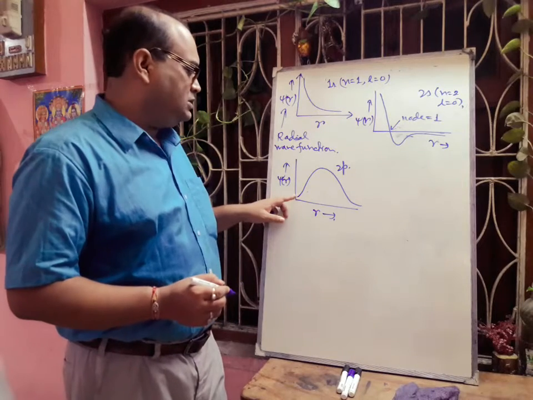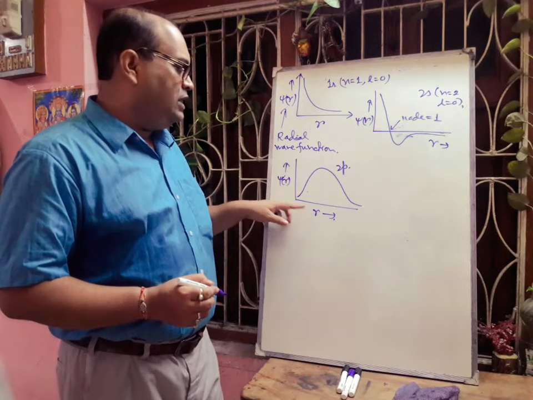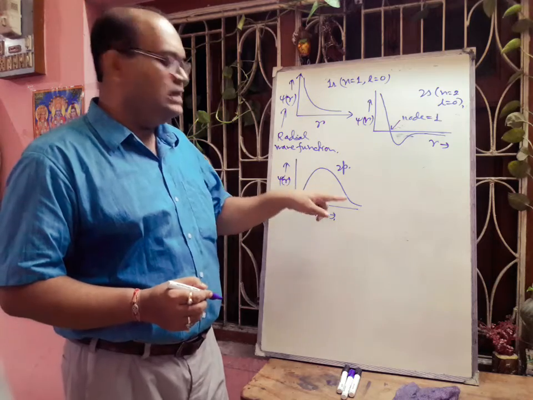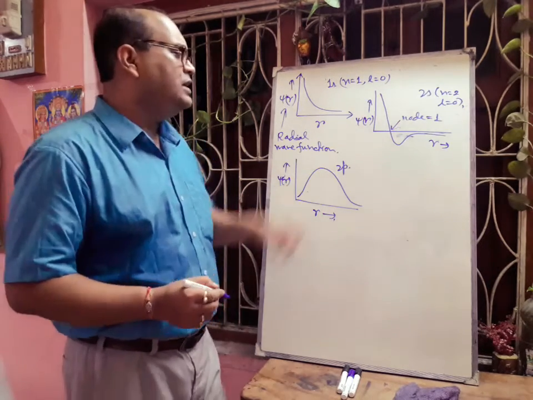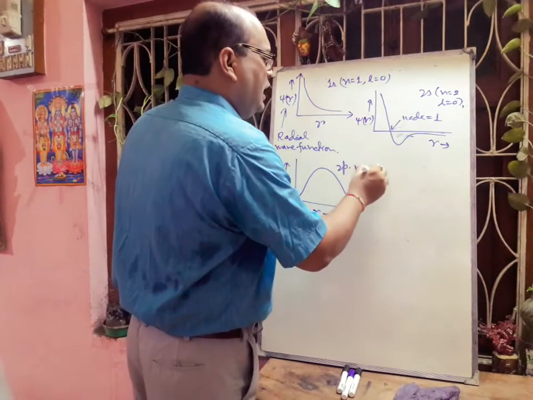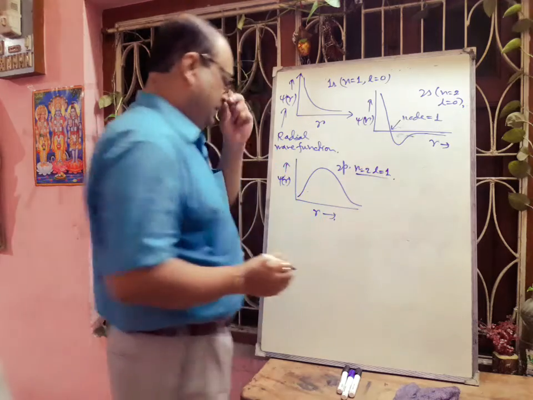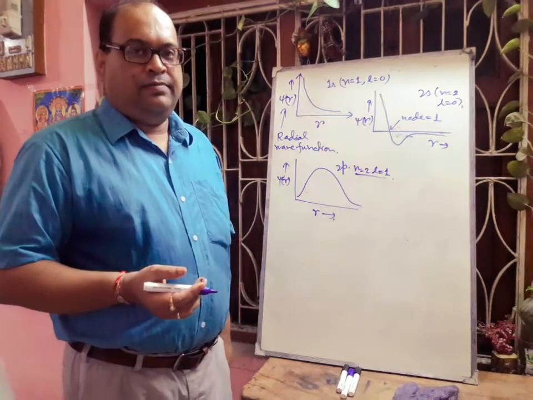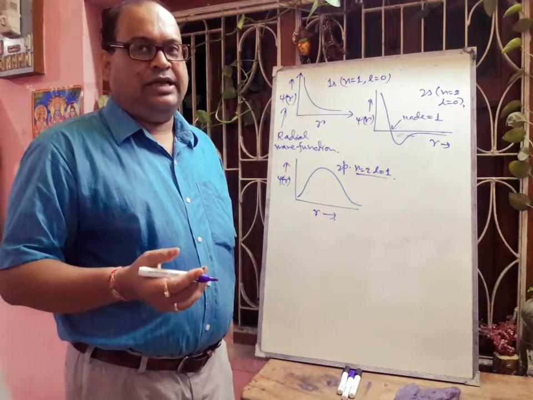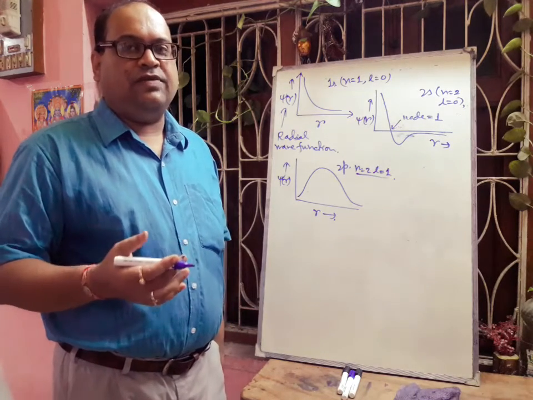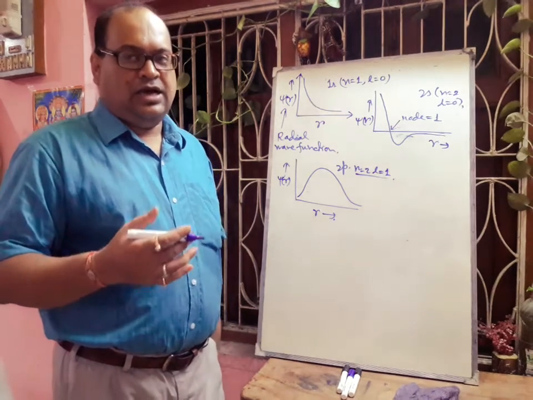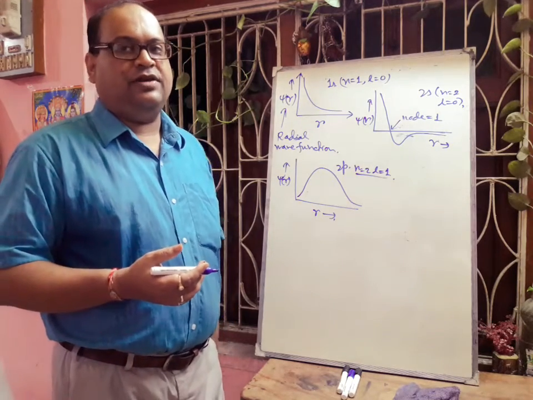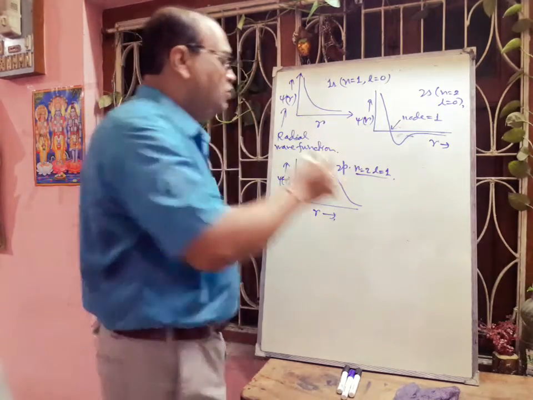So here first, if we increase the distance, the value r, that psi r value increases, then again it decreases. Okay, where n is equal to 2 and n is equal to 1. And if we draw the radial curve, okay, that is the plot of distance from the nucleus versus nuclear distance, that is r versus the psi r. If we draw in case of 3s, definitely we will get 2 nodes.